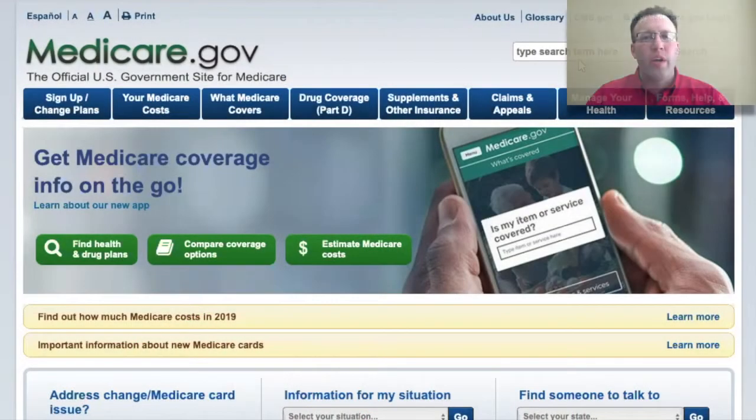So we're going to go ahead and dive right into Medicare's website, which is medicare.gov. We can really just break it down into 4 easy steps. Number 1, we go to medicare.gov. Number 2, we enter in your zip code. Number 3, you enter in your prescription medications that you take. And number 4, you enter in your pharmacy. And when you add in those things, it will automatically calculate all of your options for Medicare Part D